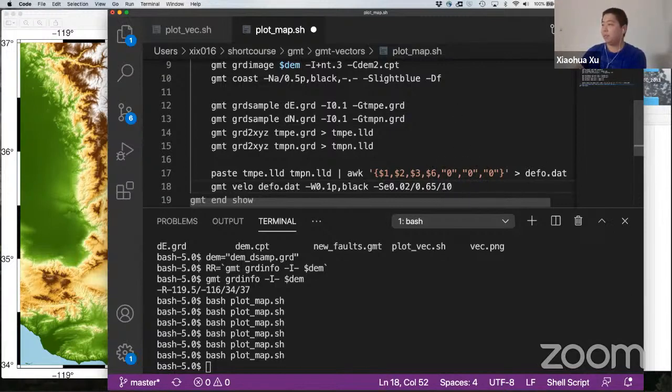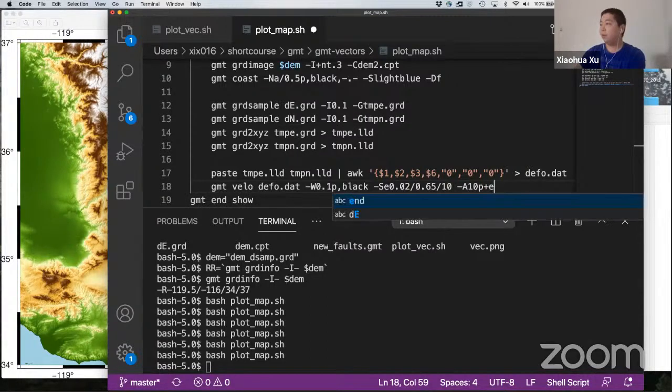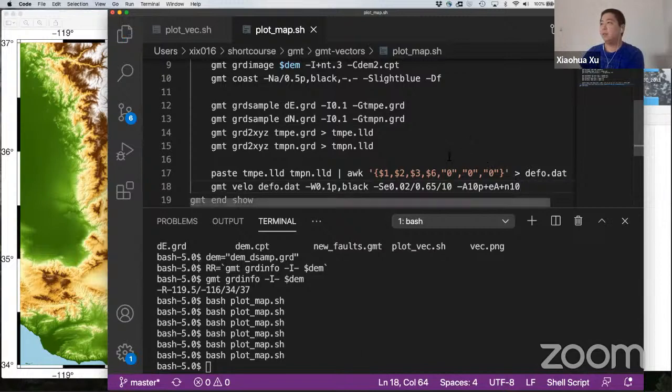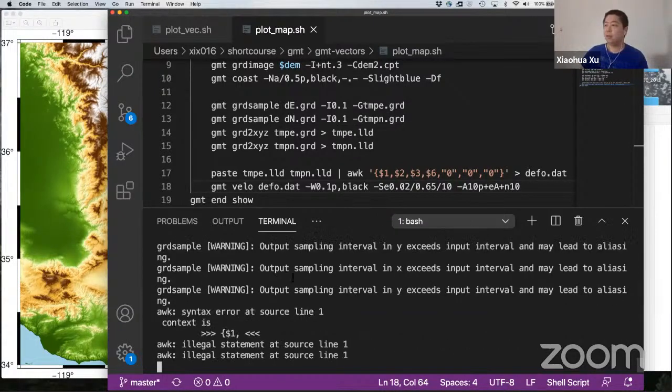And then we specify the -a option for the vector attributes. Maybe I want them to be a little bit larger, like 10 pixel size. I want the arrows to be plain arrows at the end. Also, there's another option that allows you to normalize a little bit, which is n plus n10. We're going to see what this number really affects when we have the plot. So if you save the script and make the plot, it's going to, oh,